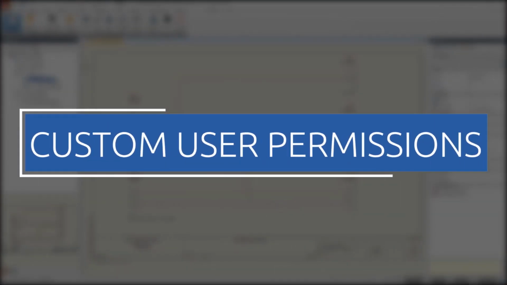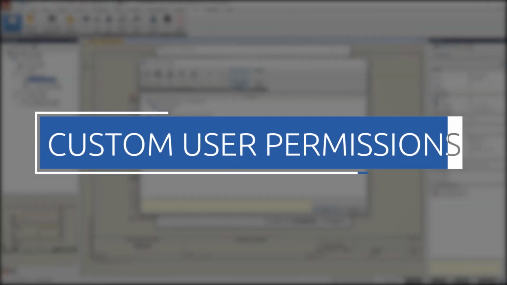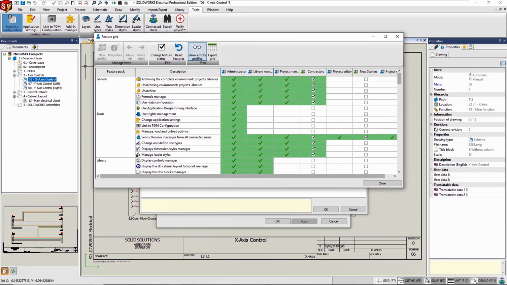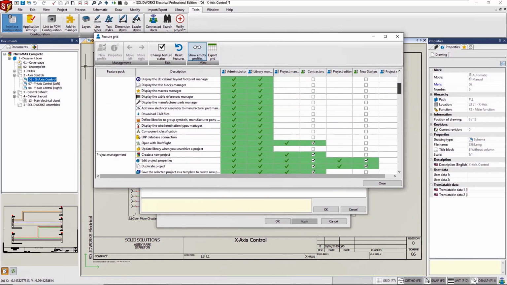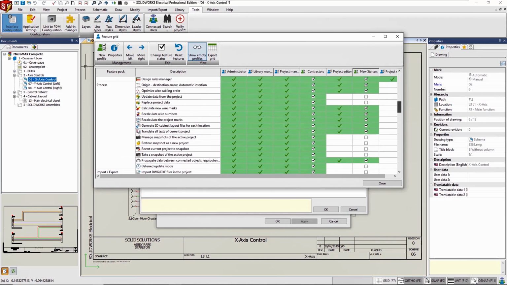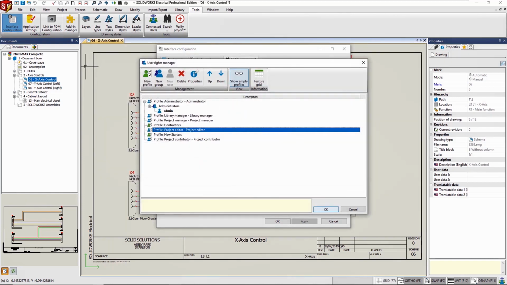Electrical users can now be assigned to user right profiles or groups that control how they can view and modify within projects. Previously, 5 profiles with gradient permission levels were provided. Now in 2020, you can create new profiles and enable functionality access with one click. This is great for those managing teams, as contractors or new starters could be given reduced permissions compared to more advanced users, preventing accidental or unwanted edits to the library data.